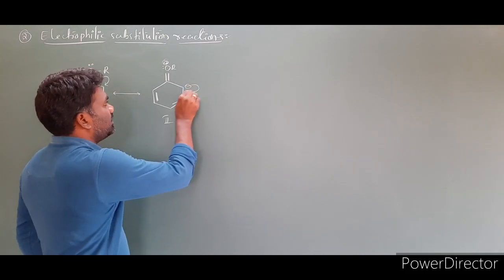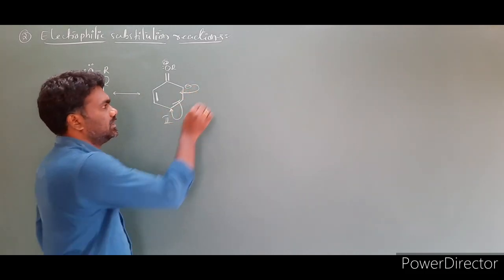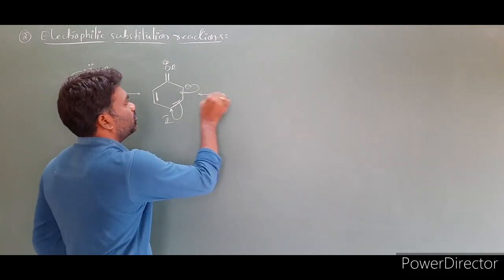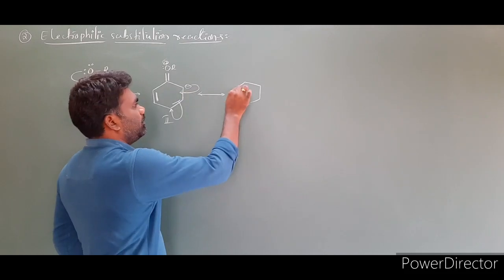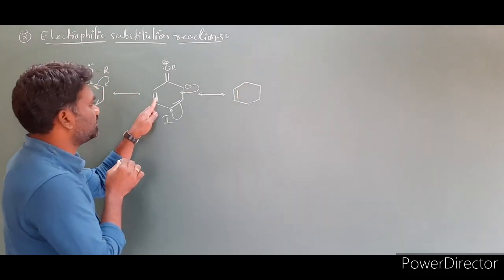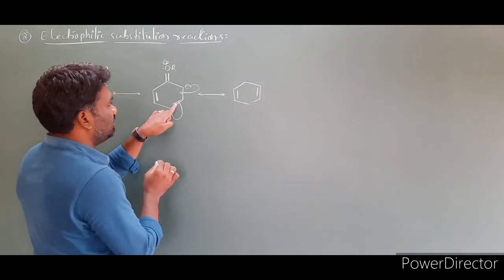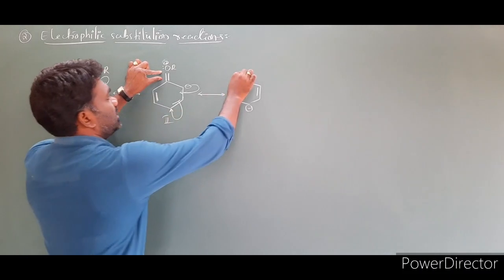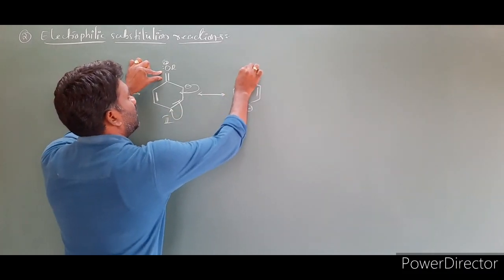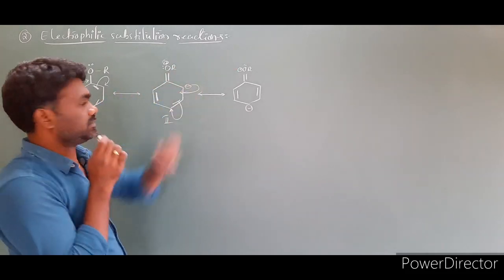Then this negative charge will move here, these pi bond electrons will come here. As a result, we will get one more structure. This pi bond remains the same, this pi bond remains the same. These electrons are moved here, a pi bond is formed here, this bond came here, and here is a negative charge. This remains the same, we didn't touch it. OR, with one lone pair and positive charge.